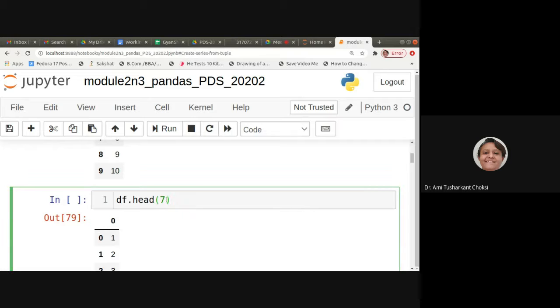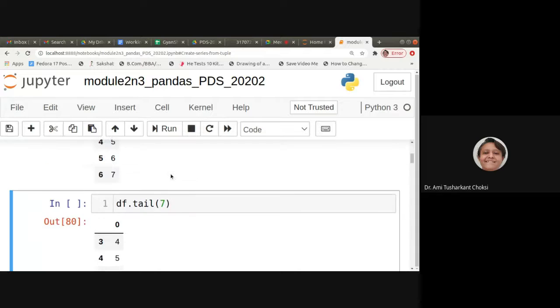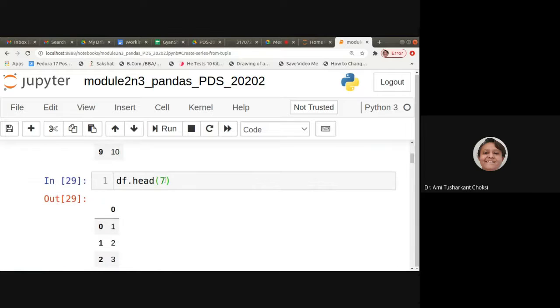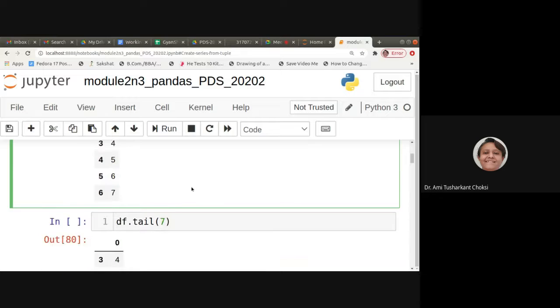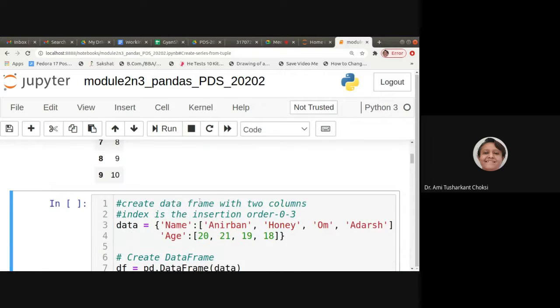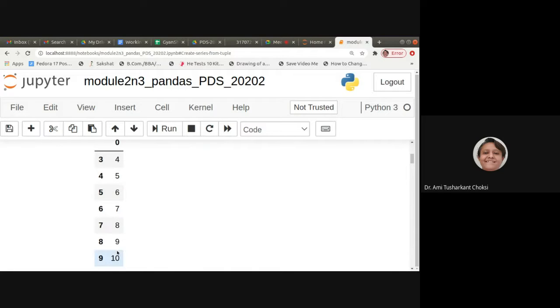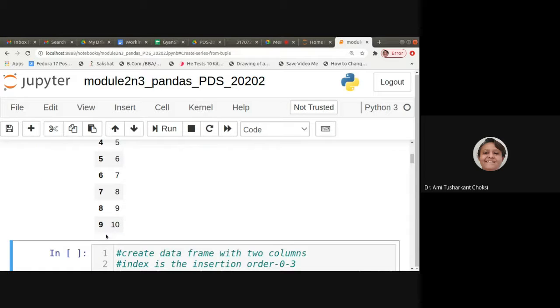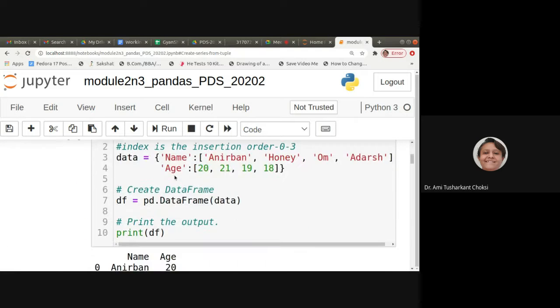If I want to print the first 7 rows, I'll give 7 as the argument. Same way for the last rows, we can provide the argument to tail. So we'll get the last 7 rows, 10, 9, 8, 7, and for the index 9, 8, 7, 6, 5, that way, right?